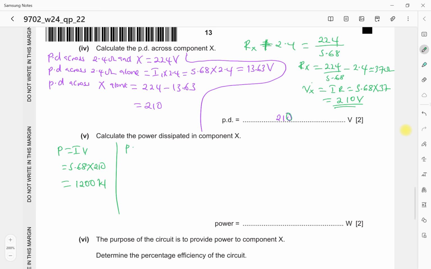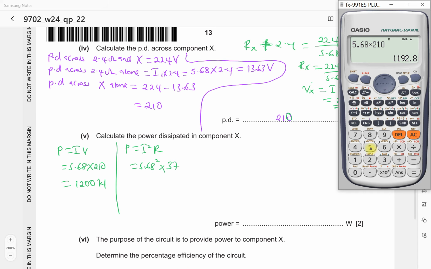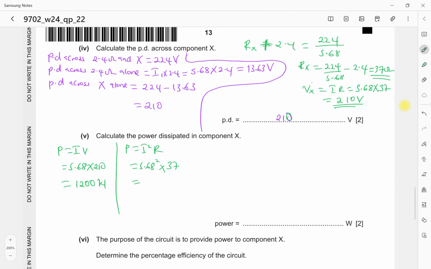Method number two, I can use power equals I squared times R. I is 5.68 squared times the resistance of X, we got it as 37. So that is times 37. 5.68 squared times 37 is approximately the same, 1200 watts. I could also use power equals V squared over R, which is 210 squared over the resistance of